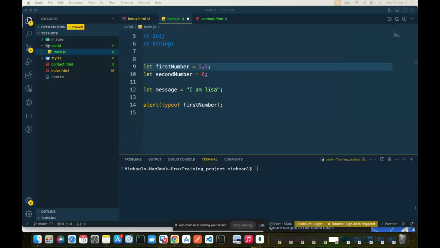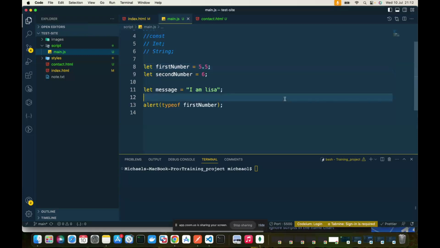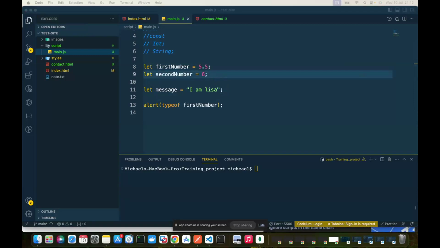As in, do they imply the same thing? As you can see now, they are doing different things. One is logging to the console, and one is actually showing in the browser. Okay. Any other questions?